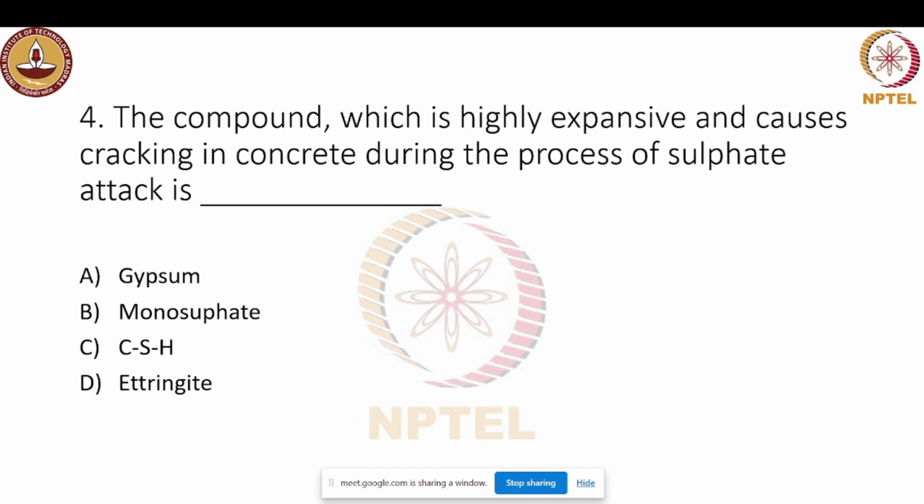Option D, ettringite, which is present because of C3A. Ettringite forms needle-like structures. It's the answer only. So what is happening during sulfate attack? You have read about sulfate attack, right? Okay, in sulfate attack, we have